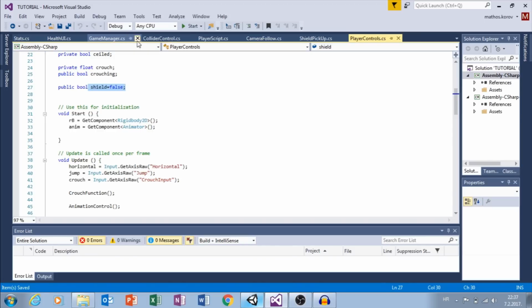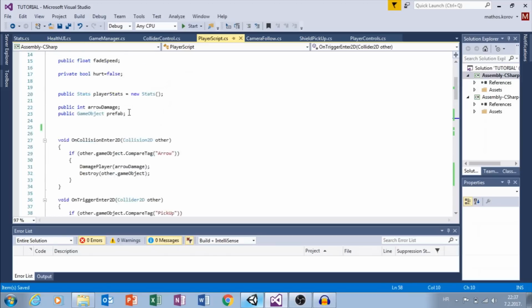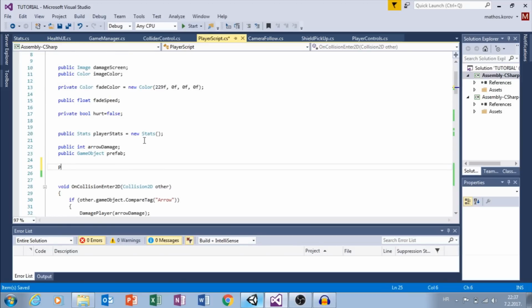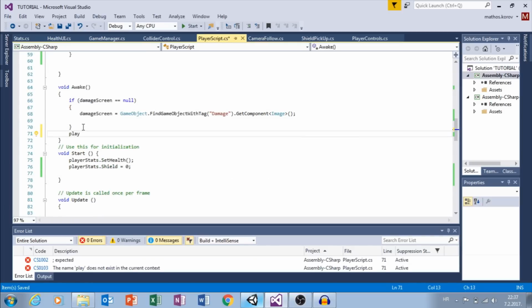So let's go to the player script and say PlayerControls playerC. On start, sorry, we can go to Awake, playerC equals GetComponent PlayerControls,